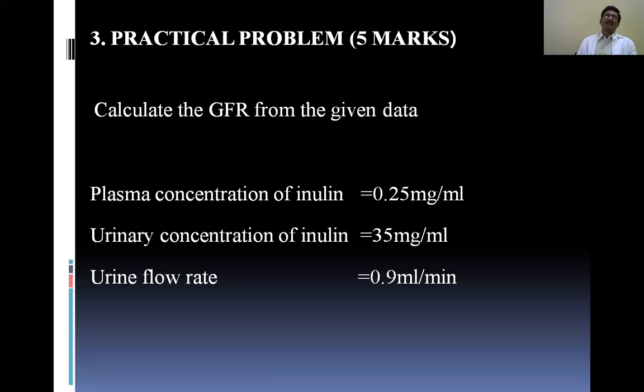You look at the kidney size, both kidneys put together are hardly 300 gram. 300 gram of kidney receives about 1100 to 1200 ml of blood per minute. That means the blood supply to the kidneys is far more than its metabolic needs. Then why does the kidney receive so much blood? Meaning it needs to filter a huge quantity. That means it is essentially designed to sample the blood or plasma.